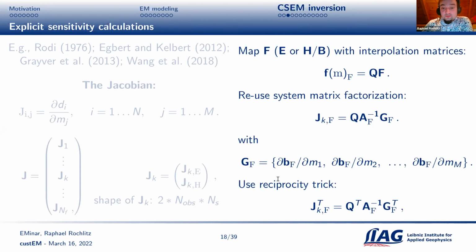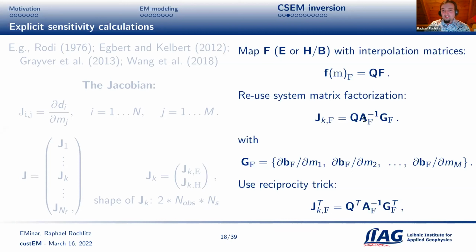And with a so-called reciprocity trick, we do not solve this system of equations for the number of model parameters. We can solve it for the number of observations, which is usually less than the number of model parameters. So we save some time because we need fewer solutions of right-hand sides. And what I also need to mention is this procedure is favorable for direct solver codes because we only need